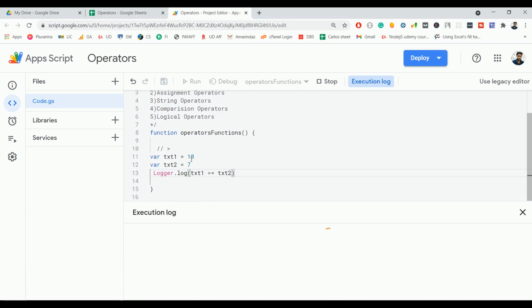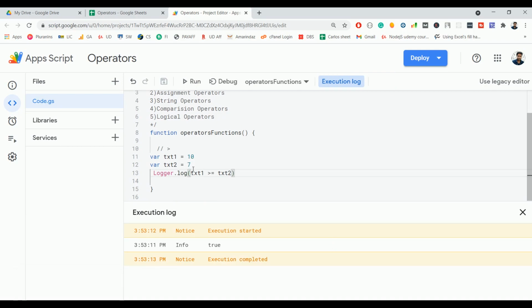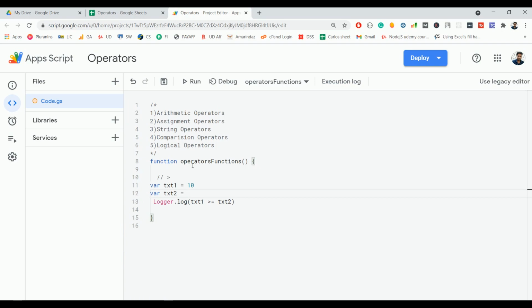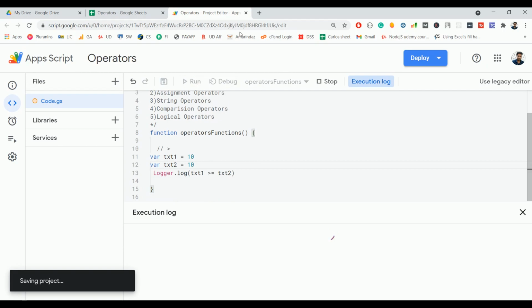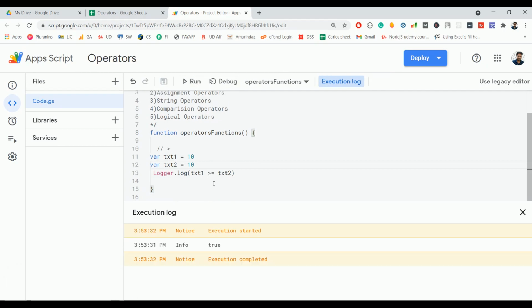Text 1 is 10 and the text 2 variable is 7. 10 is greater than 7, so it returns true. If I change text 2 to 10 and run this function, it's going to return true because 10 is equal to 10.